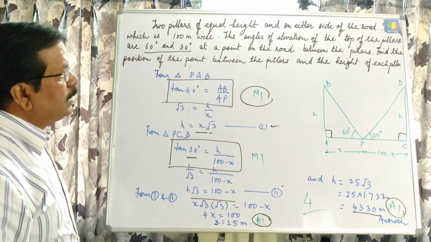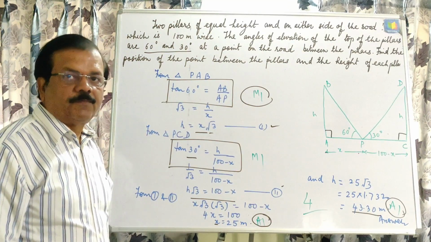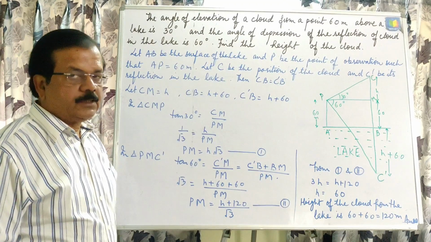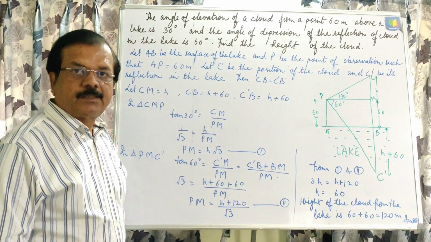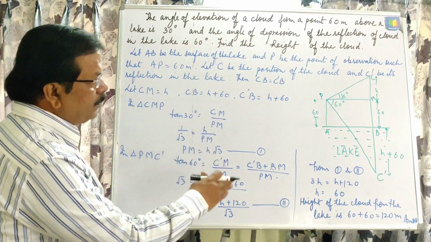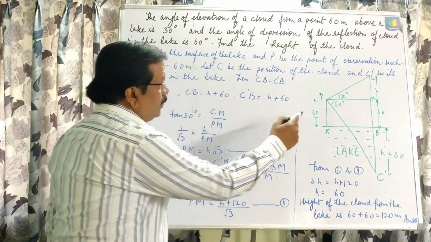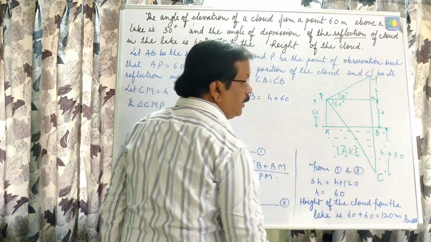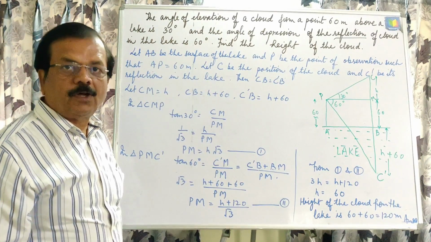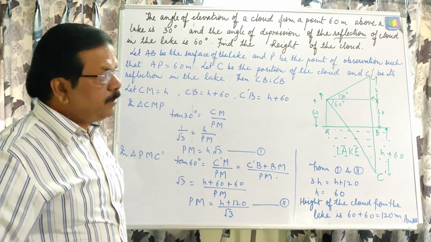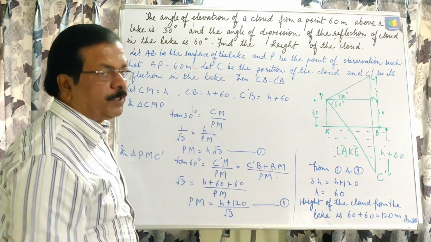Now this way we studied 7 types of figures. Now the 8th type of figure. This is the 8th type of figure that you will find in the chapter Heights and Distances. Actually, you will find this figure once you get the reflection concept in the question, whether the reflection of a cloud or the reflection of any object in the river. Okay, try to understand this question. This is also a very important question.